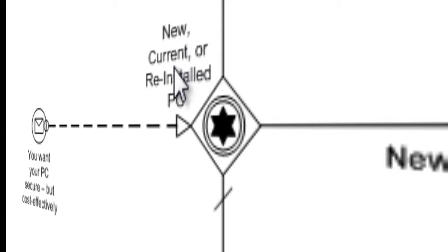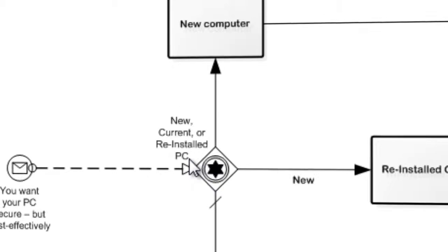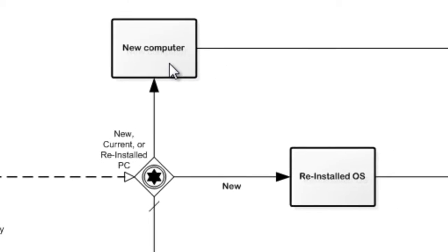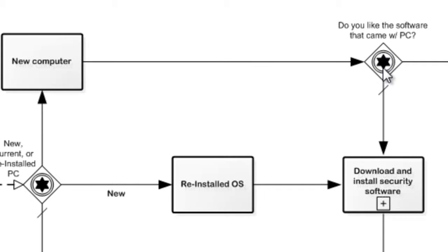So we come to a decision: what type of computer is it? Is it new? Is it a current computer that I'm presently using? Or have I really got frustrated with the slowness of my computer or the inefficiencies or ineffectiveness of actually addressing a business need, and I need to reinstall the operating system? Let's just say it's a new computer. All right, if it's a new computer, it most likely came with software. Now, do you like the software that came with that PC? If you don't,